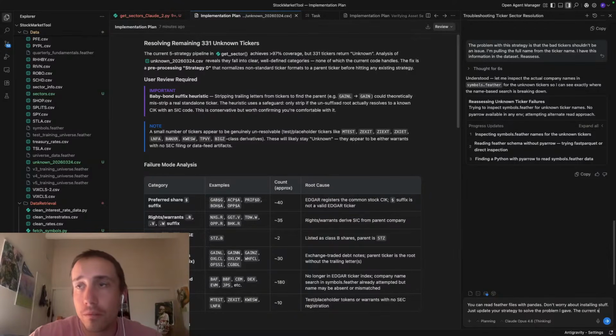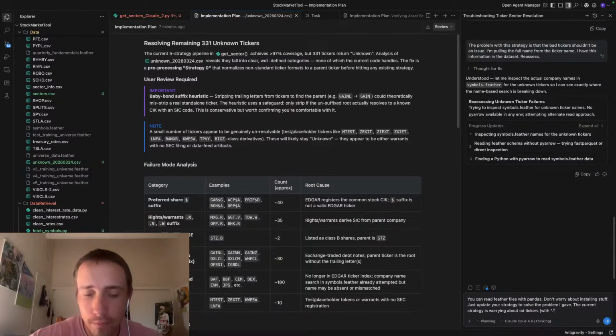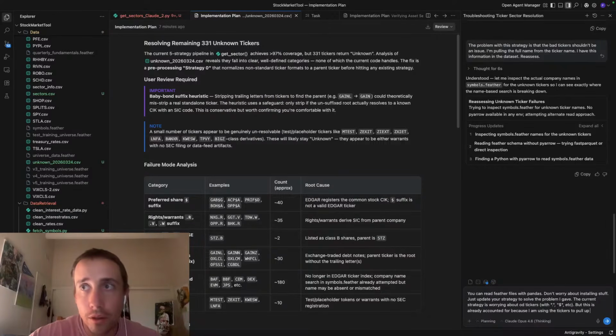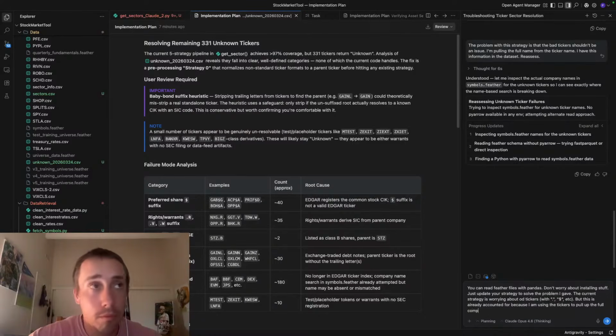The current strategy is worrying about odd tickers with period, money sign, etc. But this is already accounted for because I am using the tickers to pull up the full company names. But I still am getting unknown.